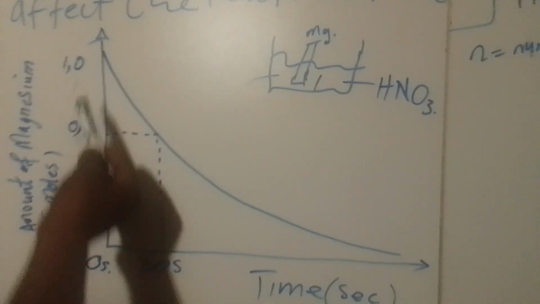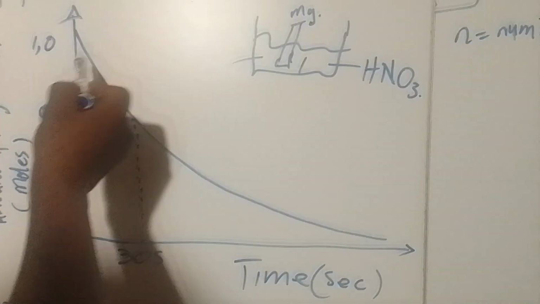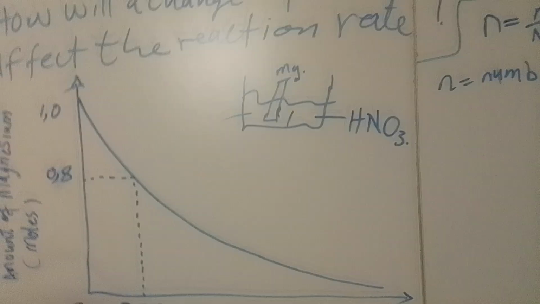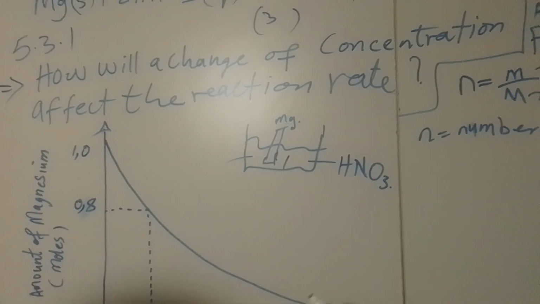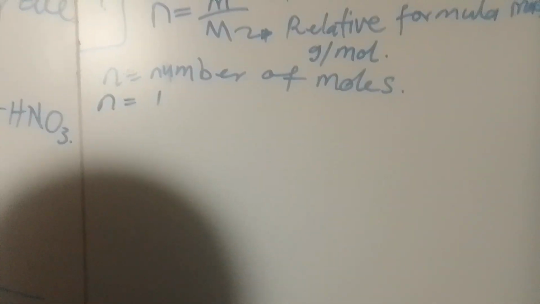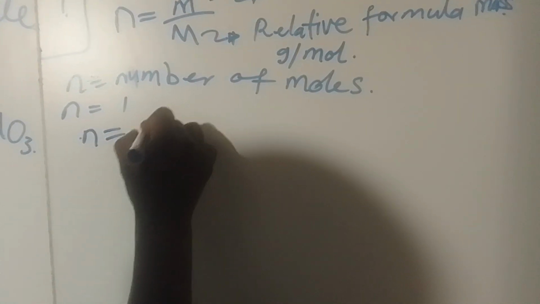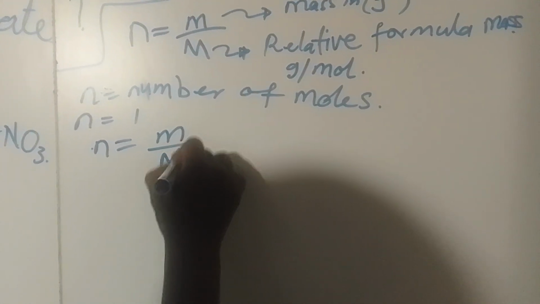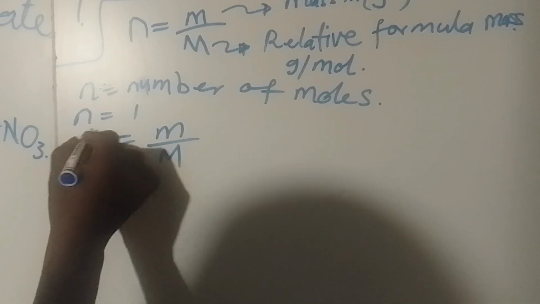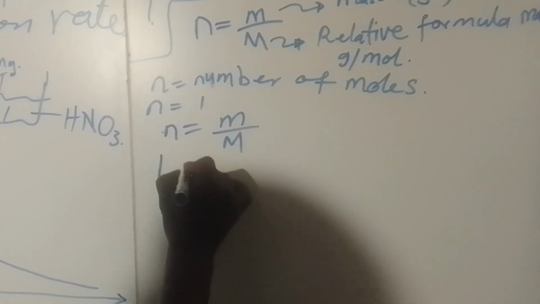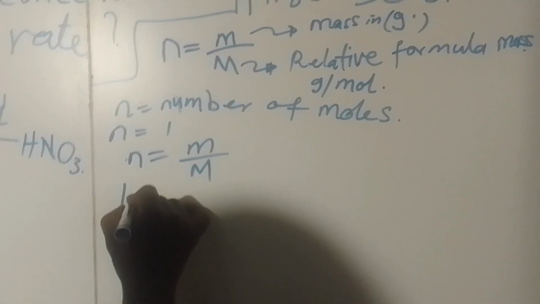We are given that we start the reaction with 1 mole of magnesium, and n is equal to 1. Then we say n is m over capital M. We started with 1 mole. We say 1 is equal